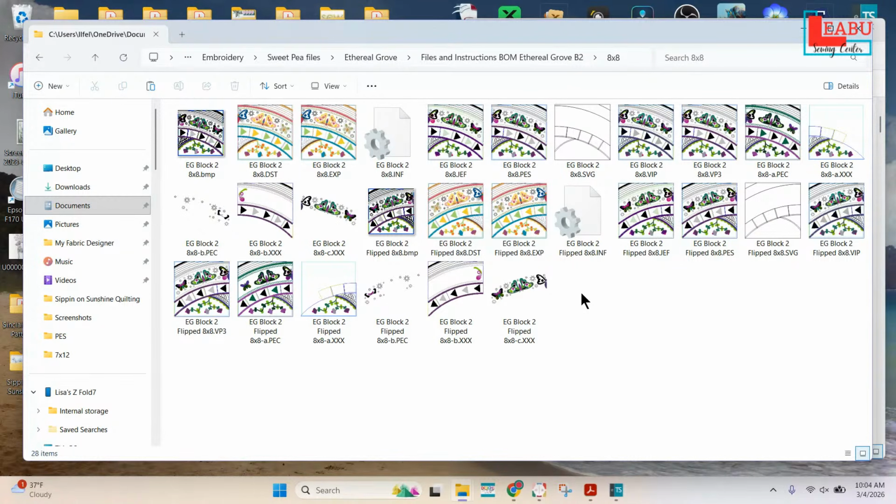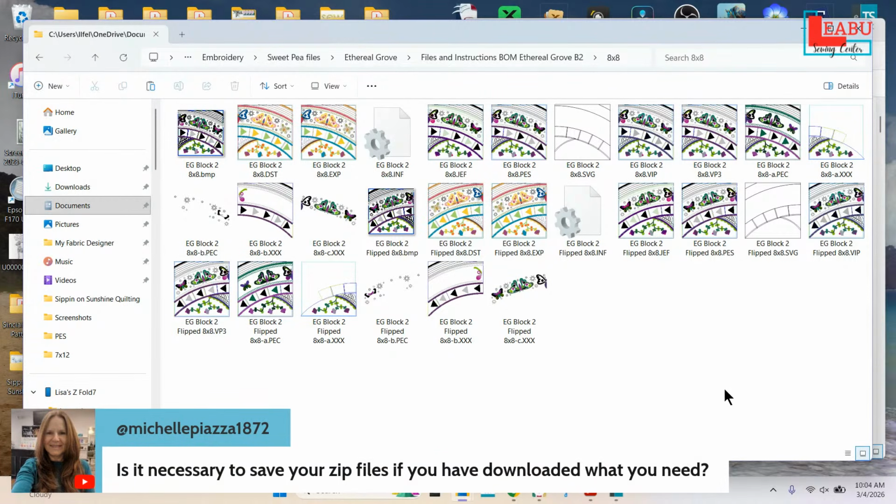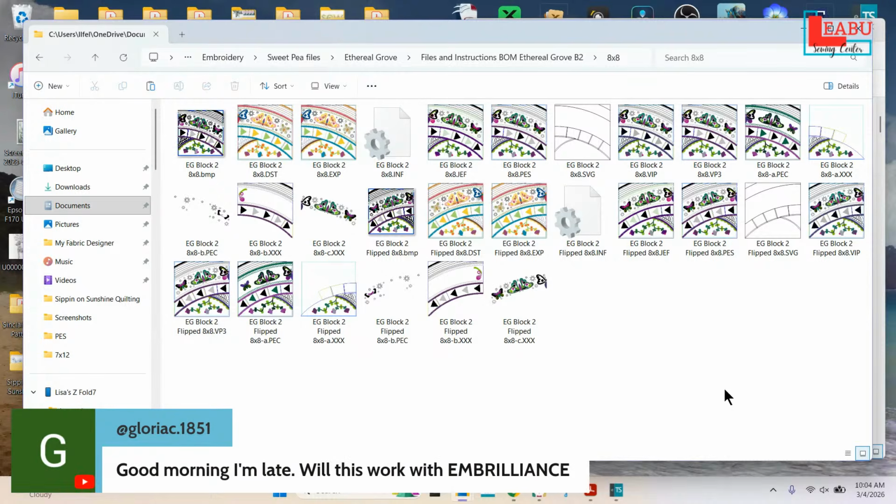You do not need, so it's a great question. I kind of briefly said something, but just to make sure that everybody hears that: now that I have these files, I do not need to keep the zip. So once I have pulled out all of those files, I can delete the zip folder, and then that's less in your computer. Just because you hit delete doesn't mean it actually went anywhere. It went to,